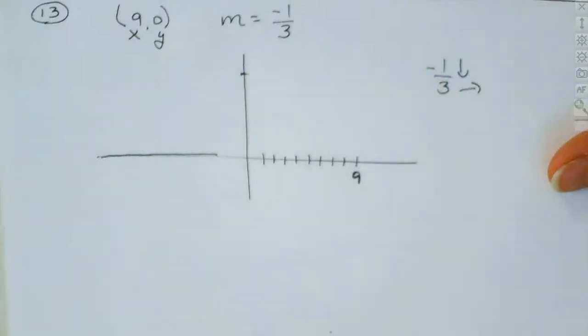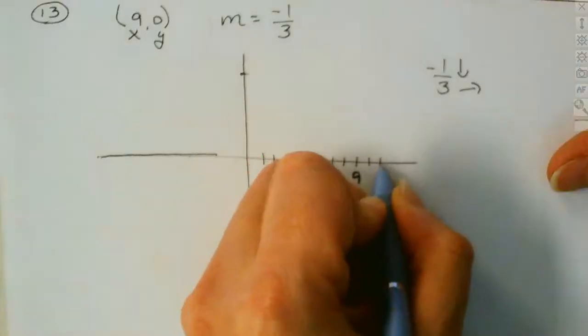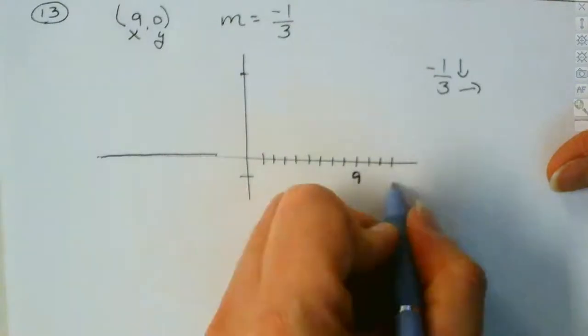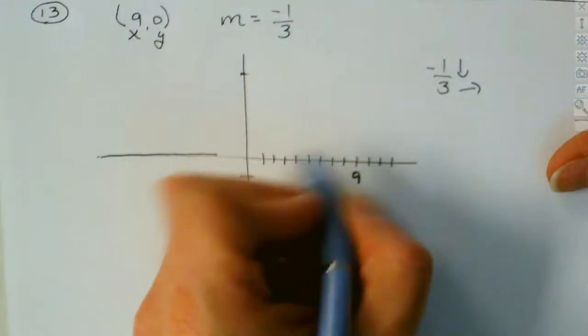3. Now, it might go off that graph just a little bit. And if it does, just add on another little mark, because I think it only goes to 11, and we probably need to go to 12. But you're going to have to go over 3 and down 1 unit. So we're right here